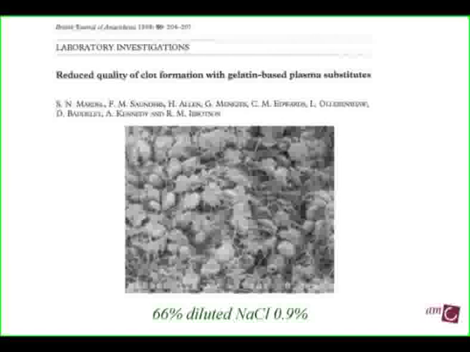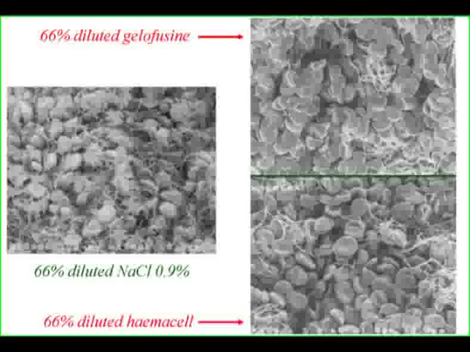That's very nicely illustrated by this study, a very simple study in which the authors performed scanning electron microscopy of clotting blood, and this is blood diluted with saline, 66% diluted. And they did the same experiment with 66% diluted blood with Hemocell or gelafusine. And you can easily see from this picture that there is much less fibrin formation, much less fibrin strands cross-linking, and much less